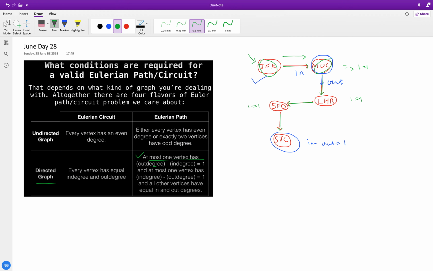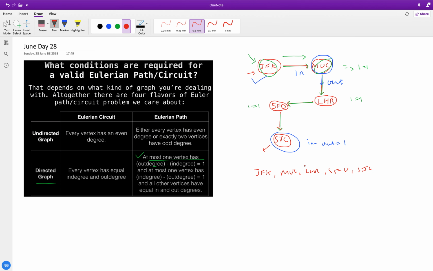So this graph from the given example 1, flights and tickets, airports and codes, is satisfying the Euler path condition. So we have an Euler path whose starting vertex is JFK, that is where we have to start, and the terminal state is SJC. So the output of this itinerary is JFK, and then MUC. After that we will go LHR, and LHR to SFO, and then SJC. So this is our itinerary order